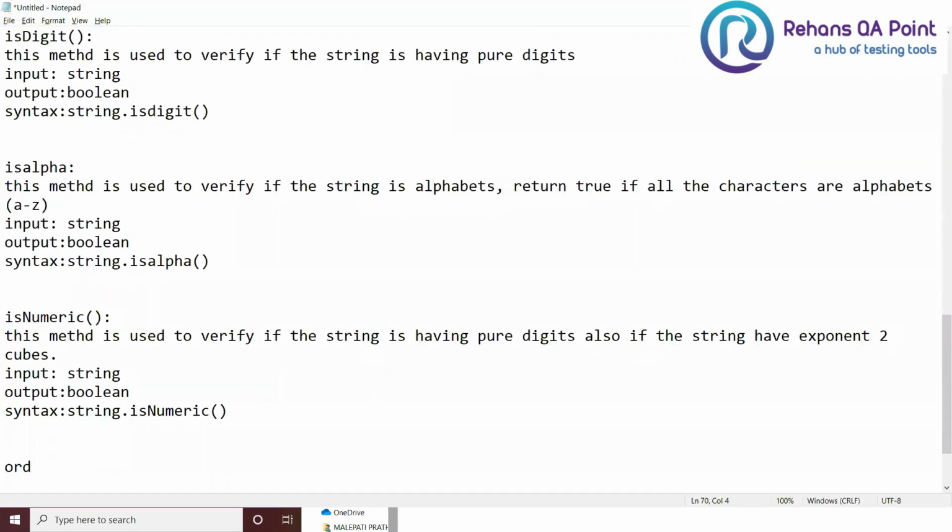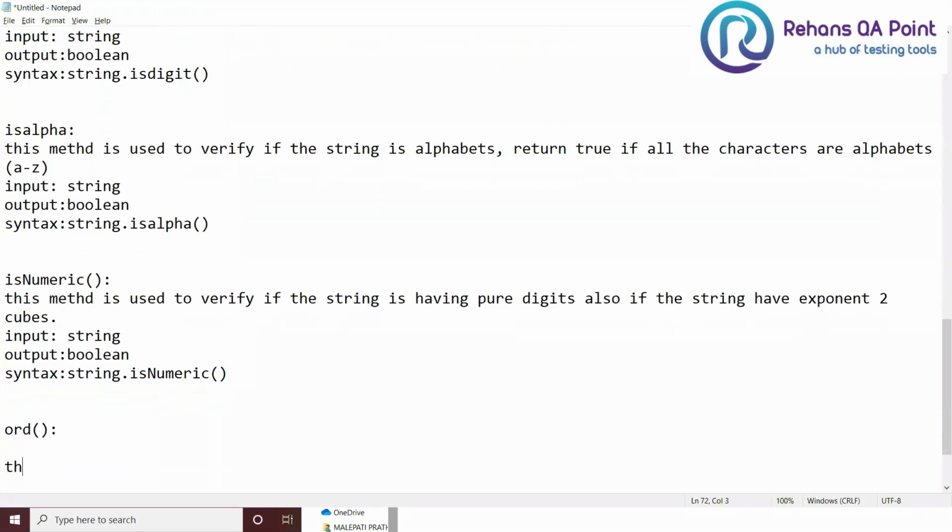So next, let's see the method called ord. This method is used to get the ASCII values of the user given character. If the user gives any character, for each and every character there will be an ASCII value available, guys.